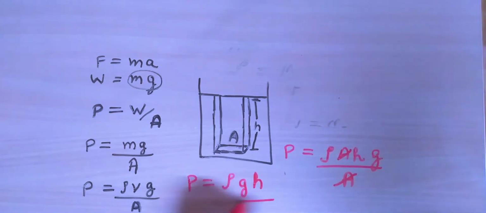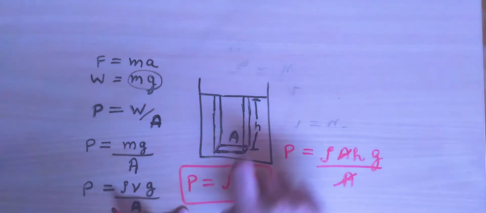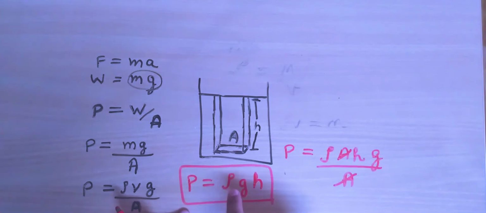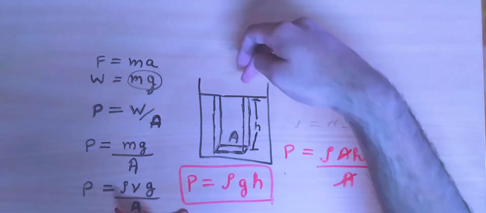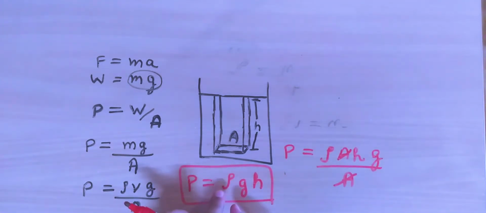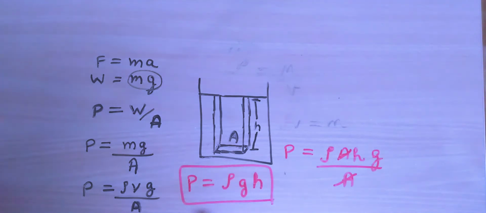So what I'm left with is this expression here, which says pressure of a given fluid at a given depth is equal to the density of that fluid denoted by rho, the gravitational acceleration, and the height of the column, or the depth at which you are finding the pressure, they are the same thing. So pressure equals rho gh, or the density into the gravitational acceleration into the depth or the height of the column. So that is how you find the pressure at a given depth.